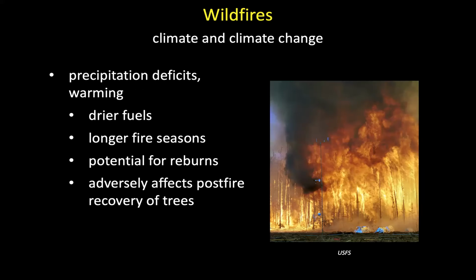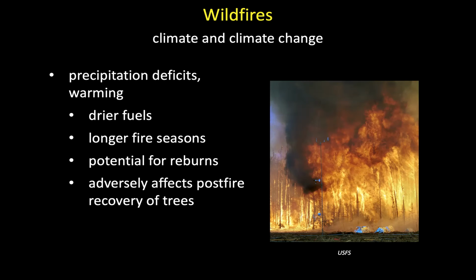Climate change alters wildfires through both precipitation deficits and warming, similar to the other disturbances. The warming and precipitation deficits lead to drier fuels. They lead to longer fire seasons and greater potential for more fires and ignitions to occur. Warming also leads to the potential for more frequent burns or reburns that limit the ability for vegetation to recover between those burns and therefore increase impacts. And then the last way that I'll talk about is that warming seems to adversely affect the post-fire recovery of